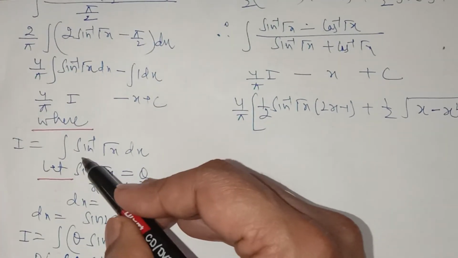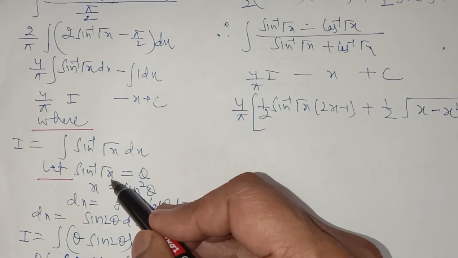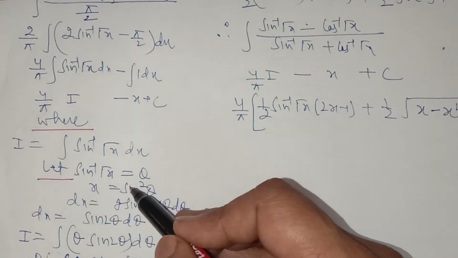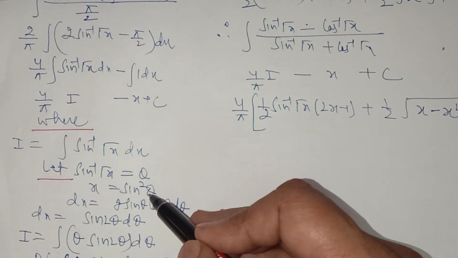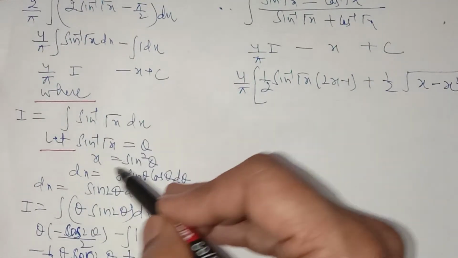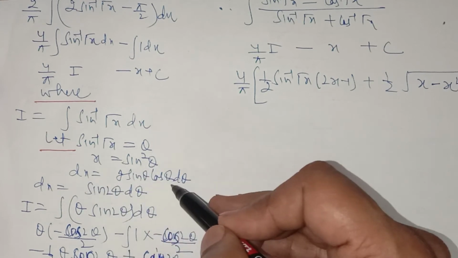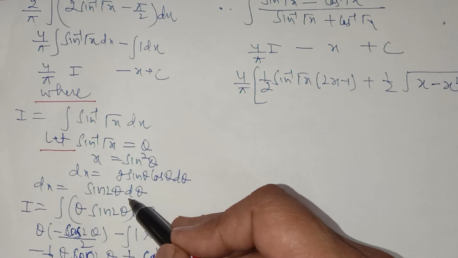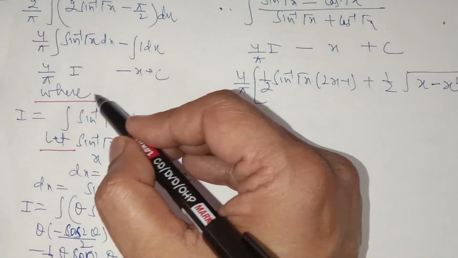Now you can integrate this by letting sine inverse root x is equal to theta. So take sine inverse to the right hand side, it will become sine theta, and squaring both sides, it will be sine squared theta. So x will be sine squared theta, and sine inverse root x we have let equal to theta. Now find its dx, dx upon d theta. Dx will be equal to 2 sine theta cos theta d theta, and 2 sine theta cos theta is sine 2 theta. So replace the value of dx, which is equal to sine 2 theta d theta, and this we have let is equal to theta.